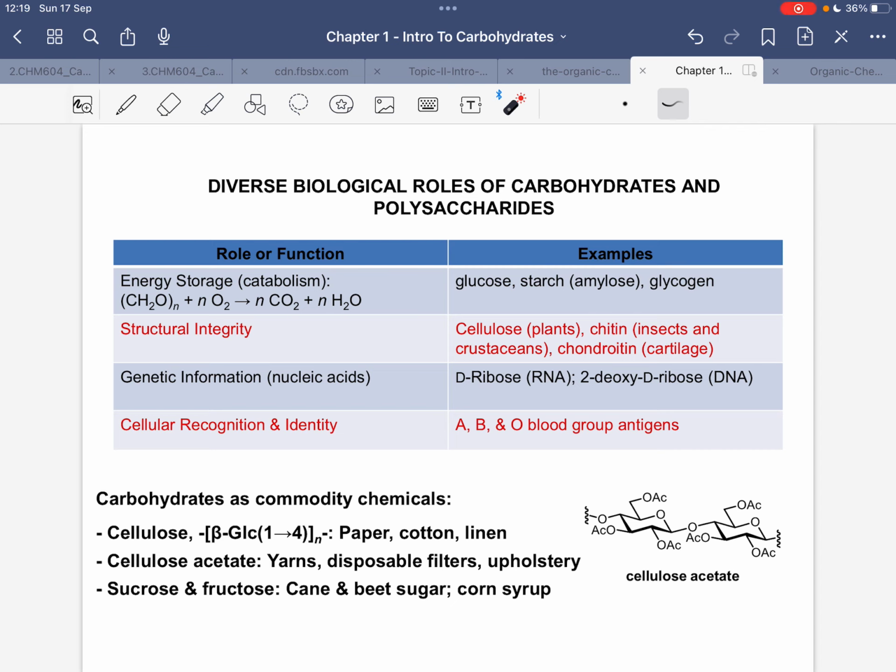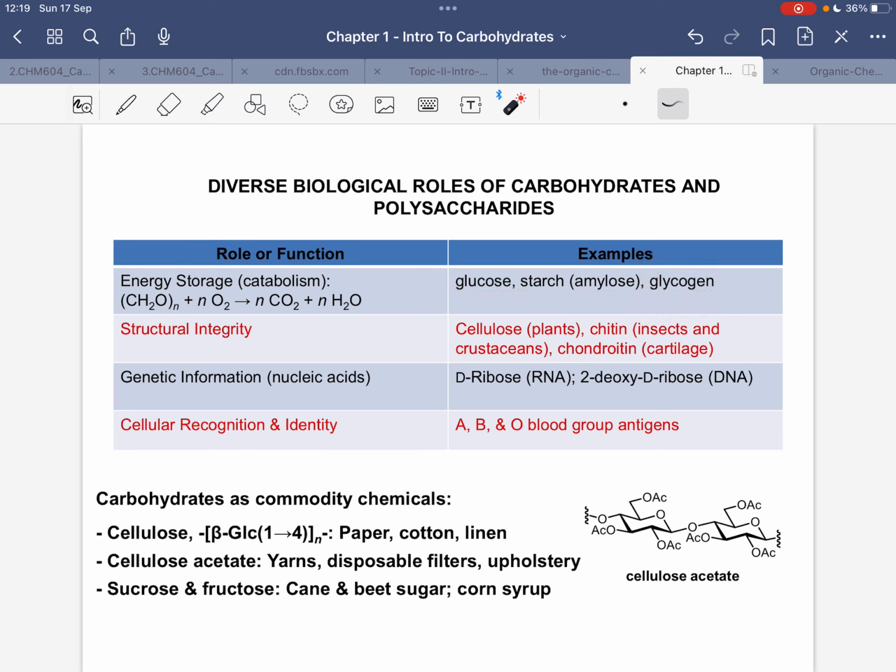This is a table that describes the general role and function of carbohydrates. Number one, carbohydrates is used for energy storage. Like for example, ang mga tao kung dili siya mokaon og anything for about let's say 2 weeks, mabuhi gyapon siya. That's because ang atong cells gina-use ang energy from the carbohydrate storage para mabuhi gyapon ta, para makalihok pa ta. And those carbohydrates nga energy sources are glucose, starch, and glycogen. Glycogen particularly makita ni siya sa atong muscles.